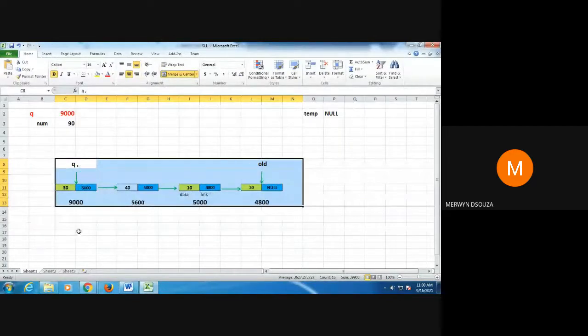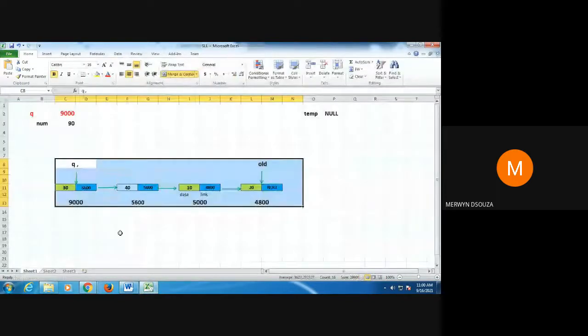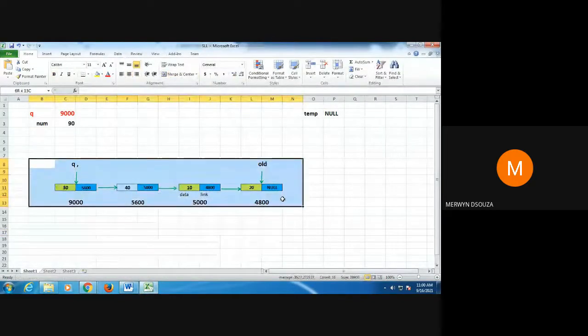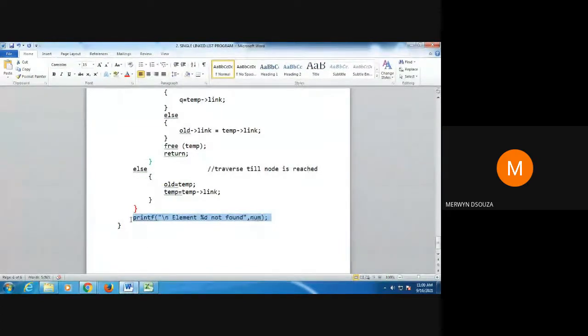So now what will we declare? We will declare that the element that you were trying to delete cannot be found. So we will say element 90 not found, or you can say the node that you were deleting cannot be found. You can put some error message in your own words. So this is what I showed you, how if the user enters some value which is different from the node value, you can still handle that situation by printing some kind of error message.